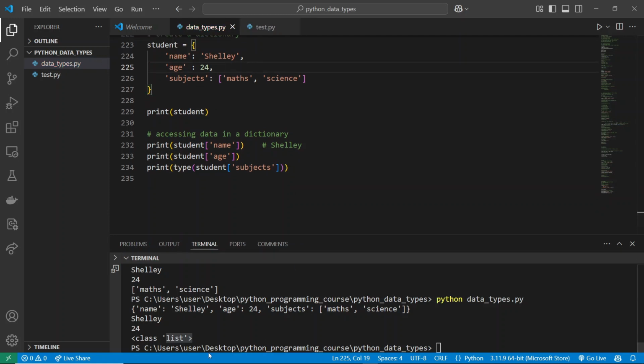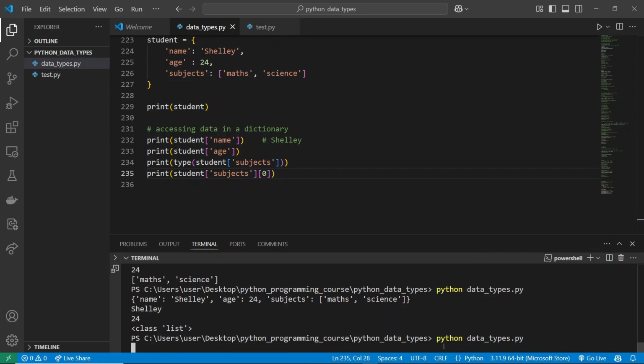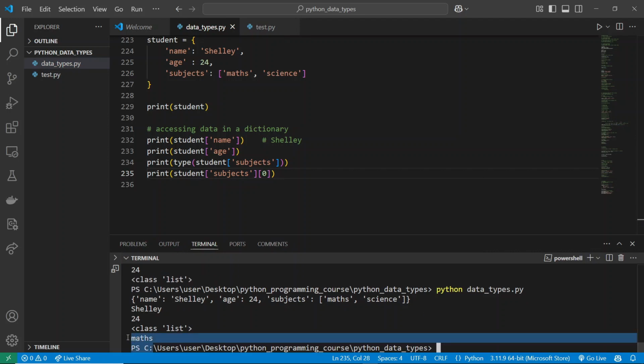Now if you want to pick maths only, that will look something like this. So let's copy this, have it down here, remove type, and then just index maths. That will be square bracket 0, and now to run it, we should be able to get maths as our indexed value. So that's how we'd be able to access data in a dictionary, and then walk through even accessing those data points. Now,